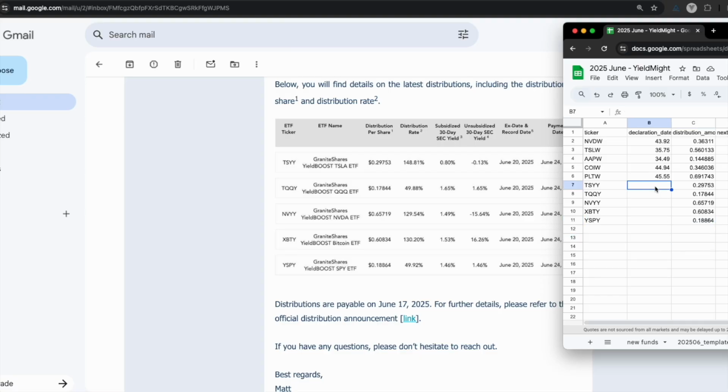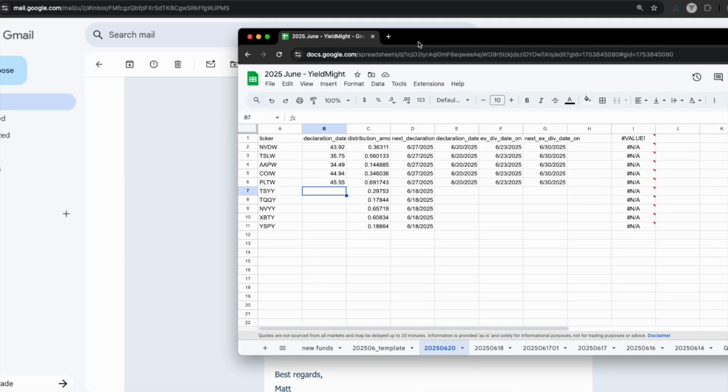To get the, and since these have the same declaration, well, did I just put that in the wrong column? Yes, I did. Will that work? Oh, no, it doesn't. Okay. 6/18/2025. Okay, well, it helps if you put things in the right column, Amy. Just putting that out there. Anyways.